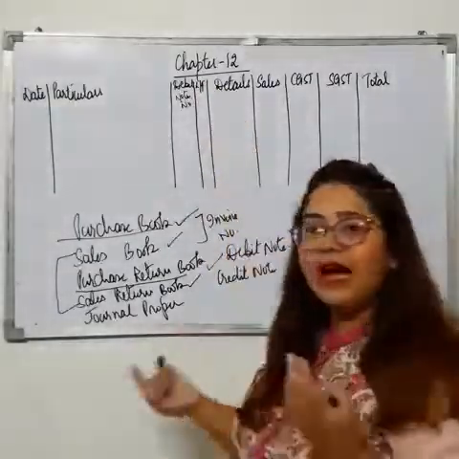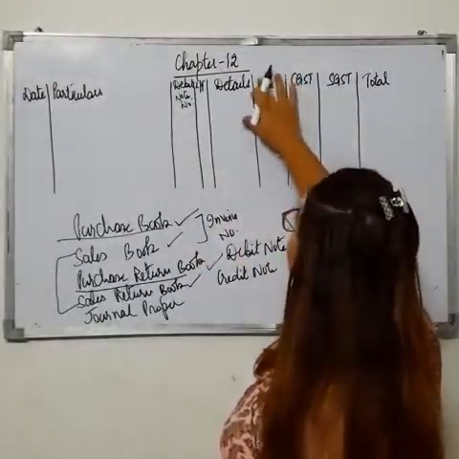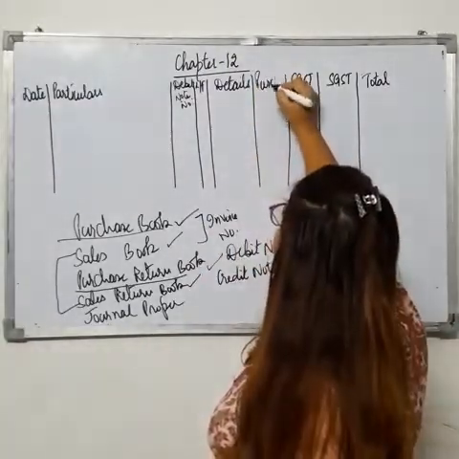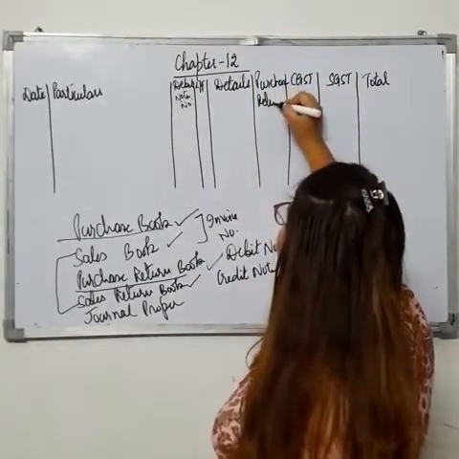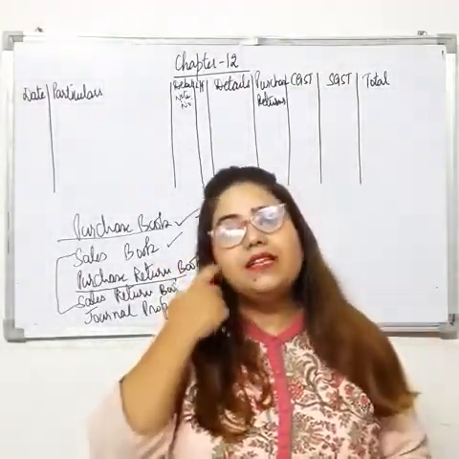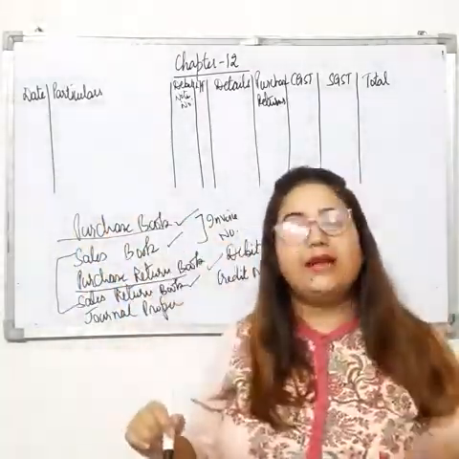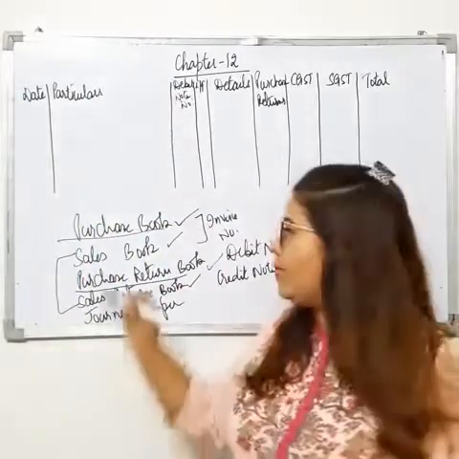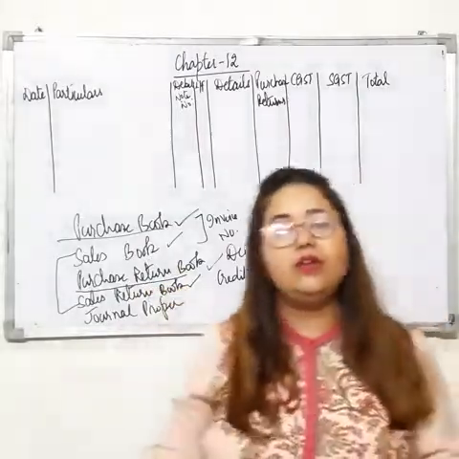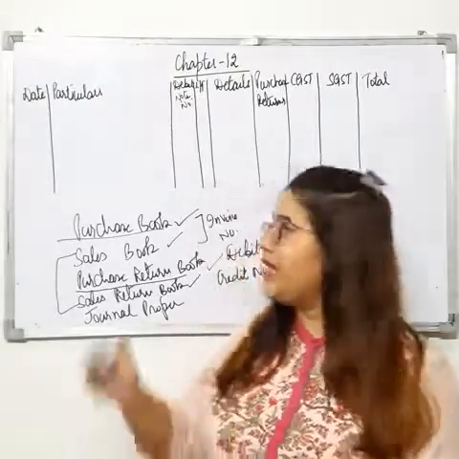Then the column ledger folio, that is same for everything. Then details, that will also be same. Then, if you are making purchase return book, then you have to write here purchase returns. Means if you maintain these 4 books, the treatment is same for every book. We just have to record the date. We just have to write the description, like name of the person from whom you are purchasing, to whom you are selling, to whom you are returning goods, and from whom you are getting goods back, right? The name of the person with the quantity and amount, that you have to give here.